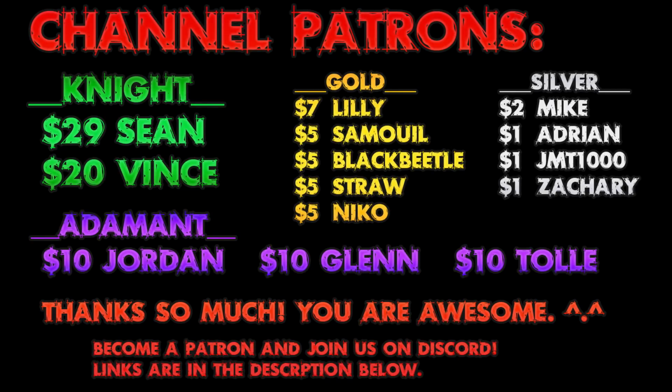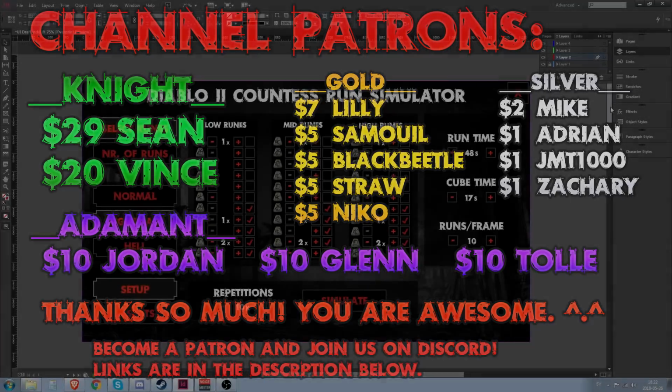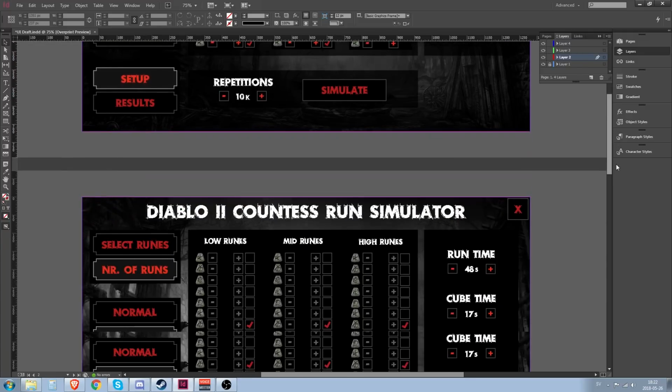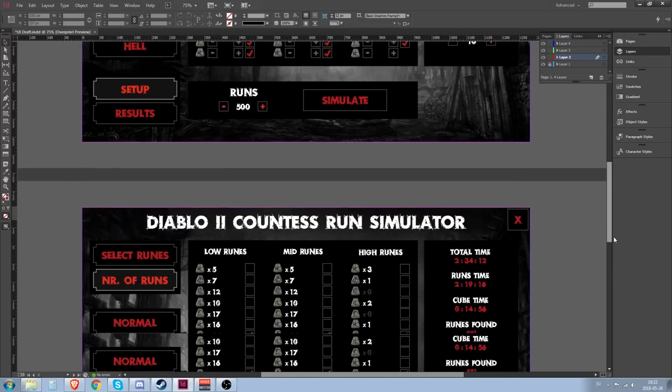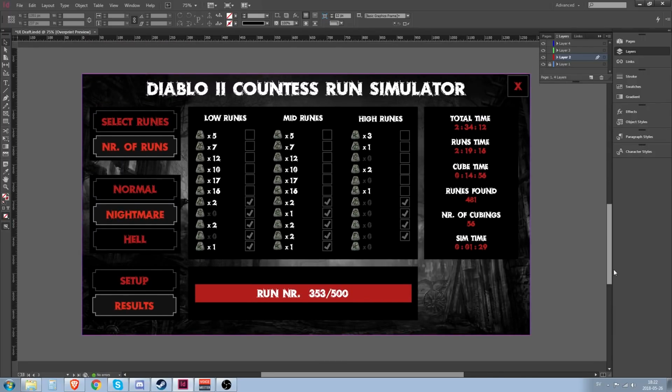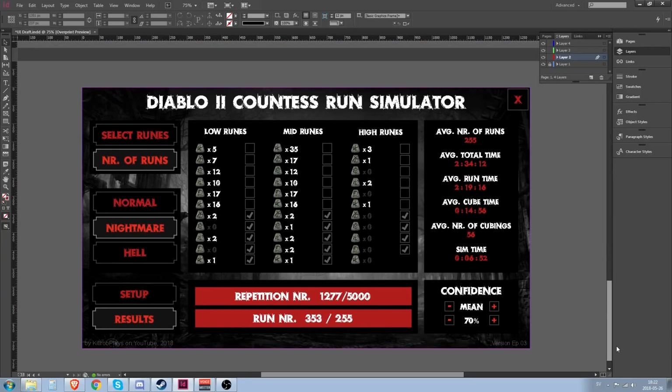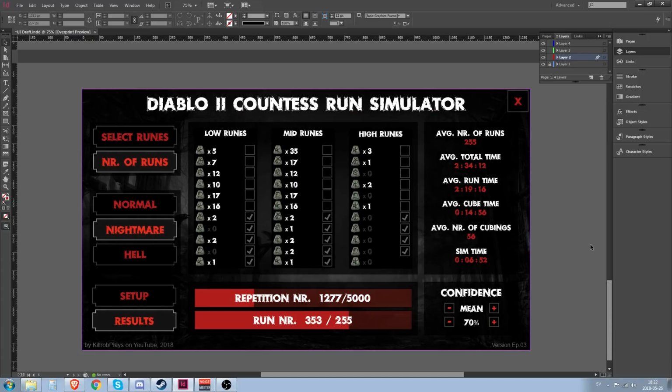Currently we are, let me check my papers, five hours into the process of making this tool. So far I think progress has been pretty solid. Five hours in and we have a complete UI design for each and every page, and some rough understanding of what has to happen on these pages. Currently it looks like this will all work just fine, and all the information can actually be displayed on here. That would be great. Today's episode will be about cleaning up this UI, polishing it up a little bit,